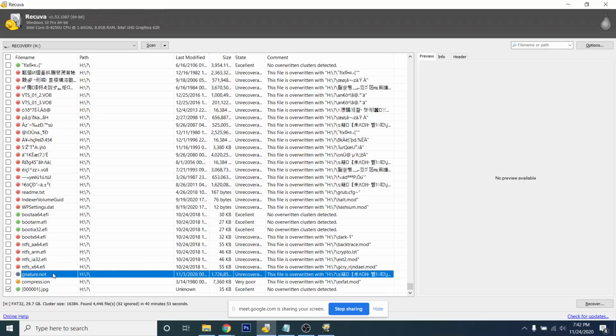So let's come to these three files. One is signature.not, one is compression.in, and one is .0001.jpg. The date is unknown for this file, and it is available for these modified dates. So this is month, this is date, and this is year. See how much incorrect data it is. 2028, no problem. This is the size, and this is the state.